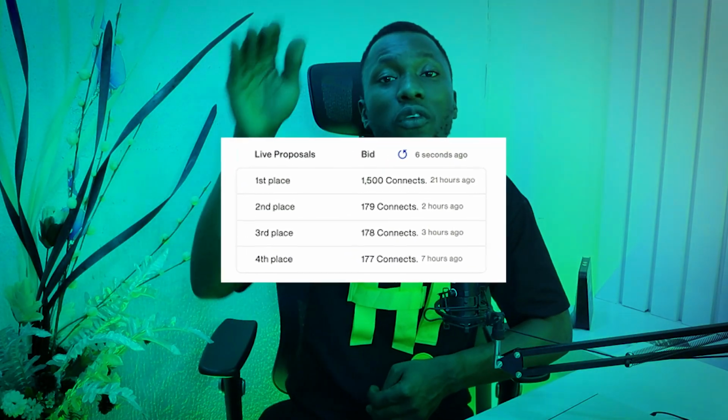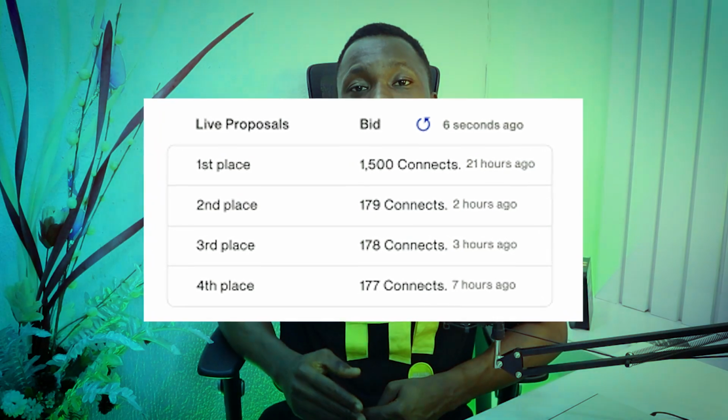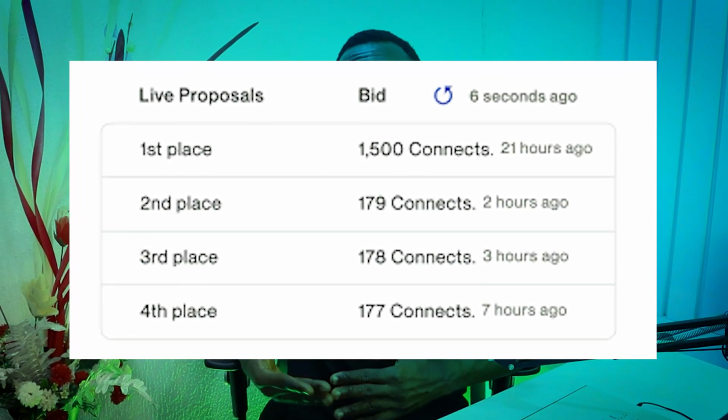The last method I will be discussing is more of a method to conserve connects than acquiring extra connects, and that is that you should minimize using boosted proposals. Yes, I know that now that Upwork has increased the placement of boosted proposals to the first 4 jobs that appear before clients, it makes it much more tempting for us as freelancers to want to boost our proposals. I boost my proposals sometimes too. That is when I feel I have the rare combination of skills or understanding of the project that the client needs. So I really want the client to see me.